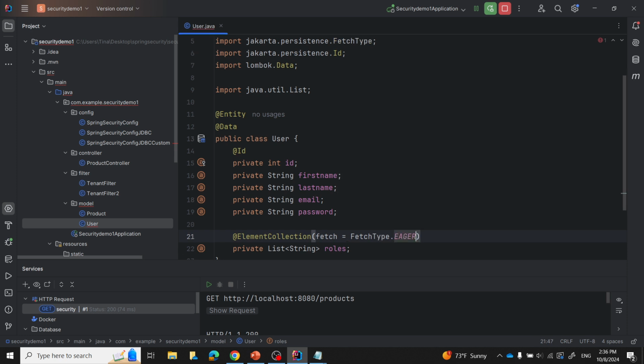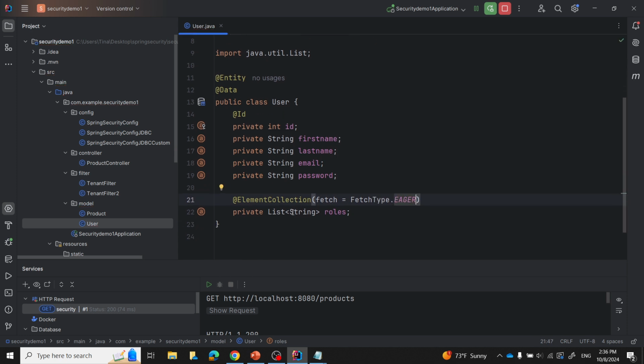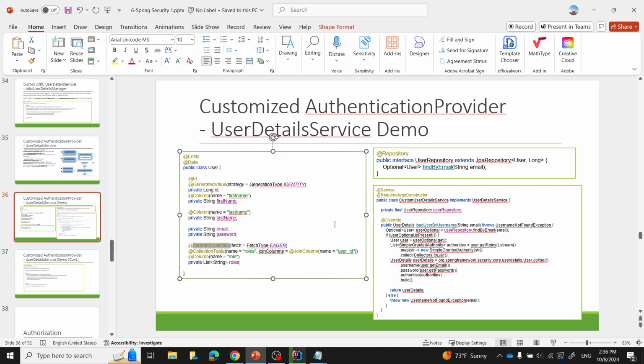I think by default is lazy, right? Then the collection in the users, you also need to map as another table. Otherwise, how to store this row? You using comma separated or using hyphen separated, right? So how to do is this one, okay? Which is you have a column table, you give your